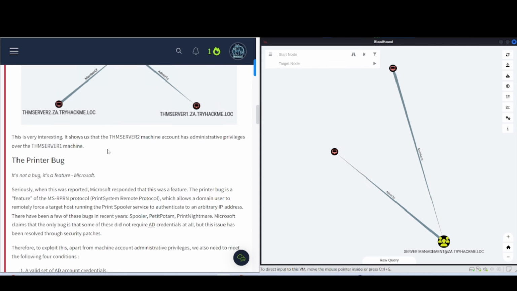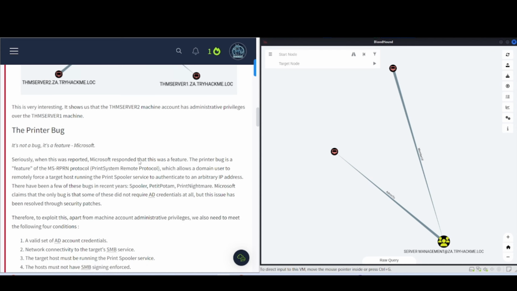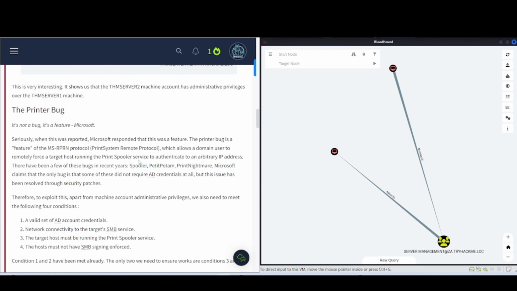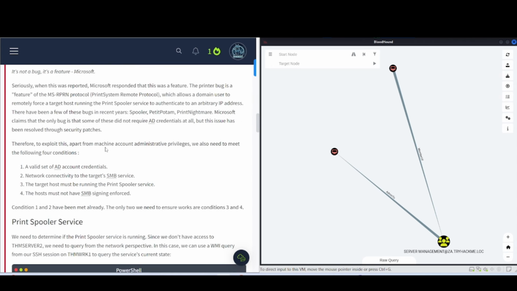Okay, let's continue on. This is very interesting. It shows us that the THM Server 2 machine account has administrative privileges over the THM Server 1 machine. The printer bug. It's not a bug, it's a feature in Microsoft. Seriously, when this was reported, Microsoft responded that this was a feature. The printer bug is a feature of the MS-RPRN protocol, the Print System Remote Protocol,